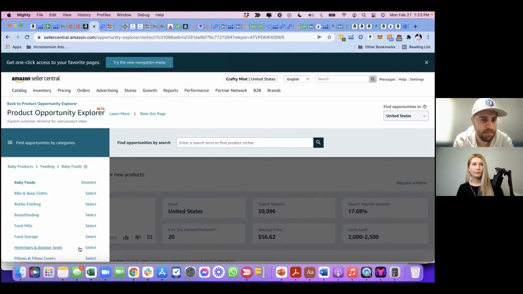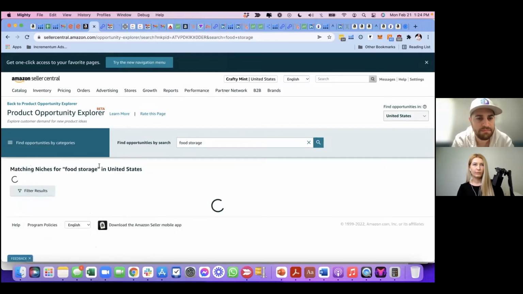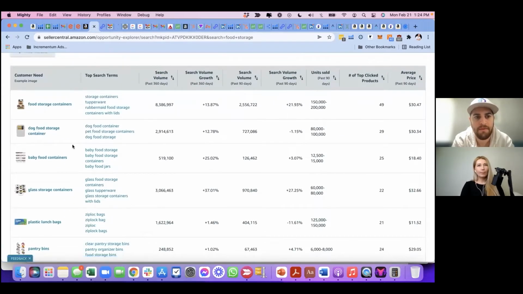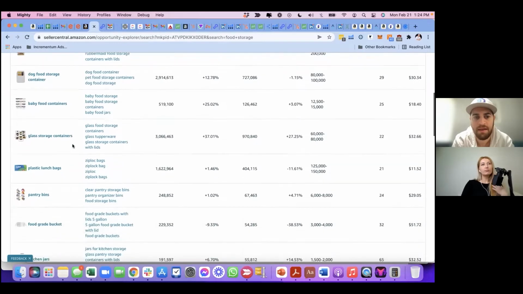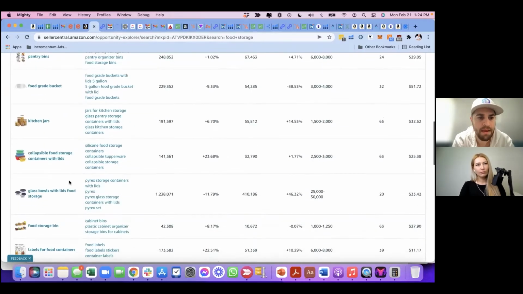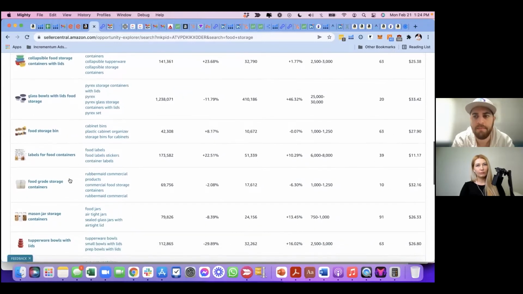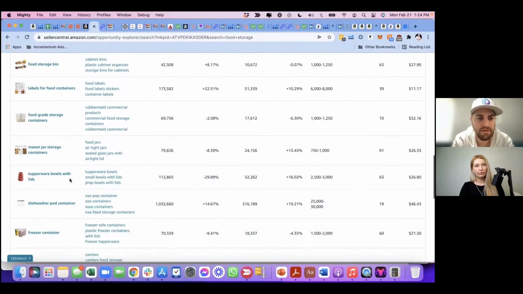I think there's a little bit of a glitch with Amazon in going into this, but I can then type in food storage here and find all the different niches within this that I would not necessarily maybe come up with on my own, and then be able to explore these niches